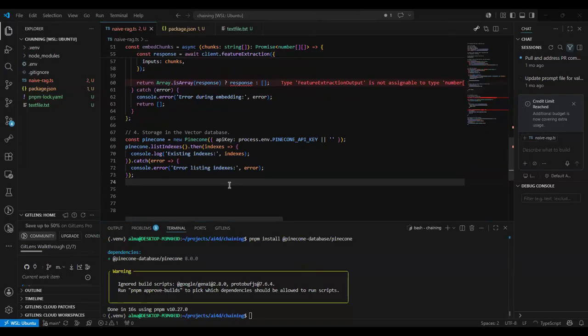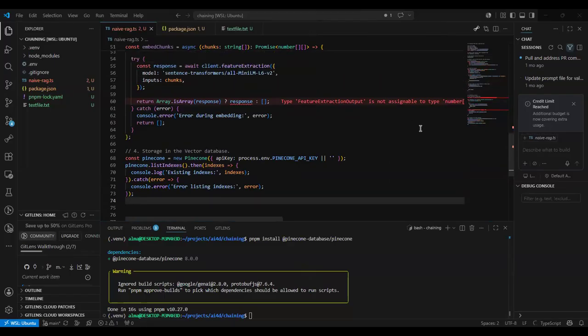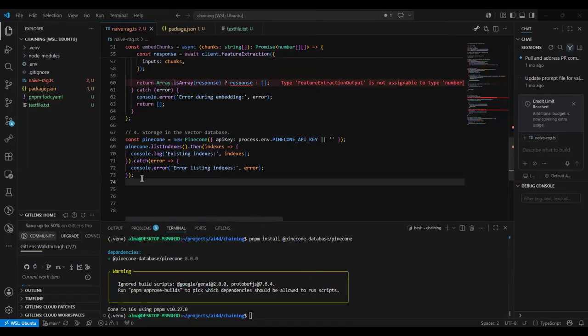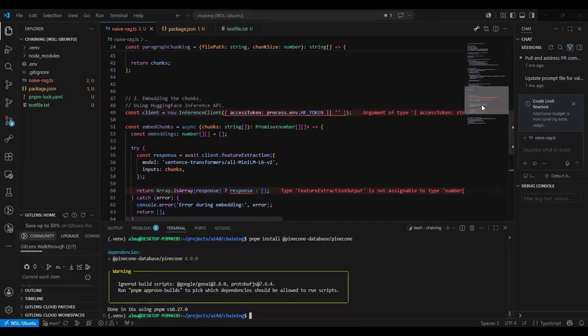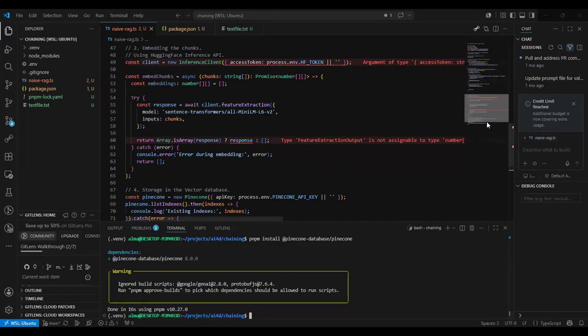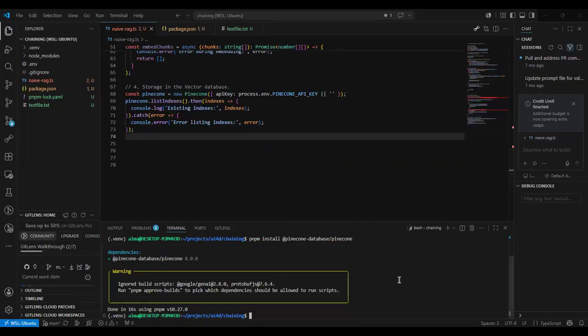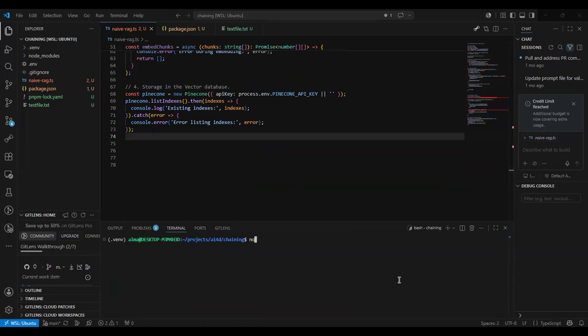So I'll run this first so that I can have an idea of my indexes. This is something we can actually do right now. If I run, let's hope that we don't have errors. We might likely have errors, but let's see. So if I run node and nav rag,